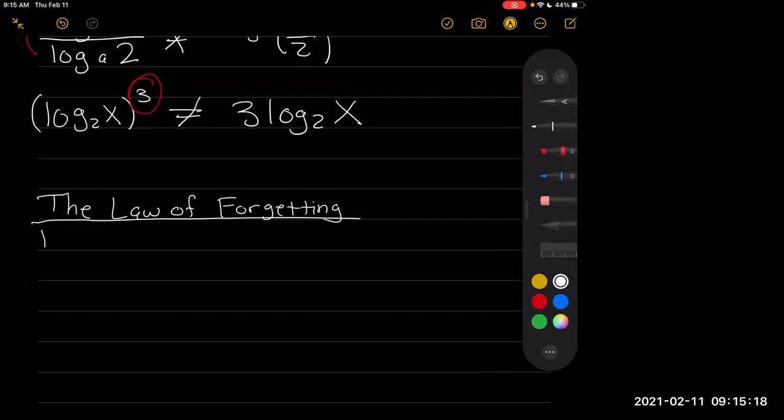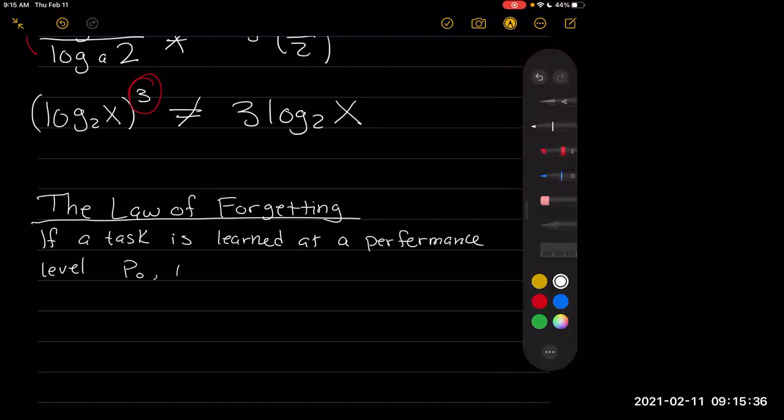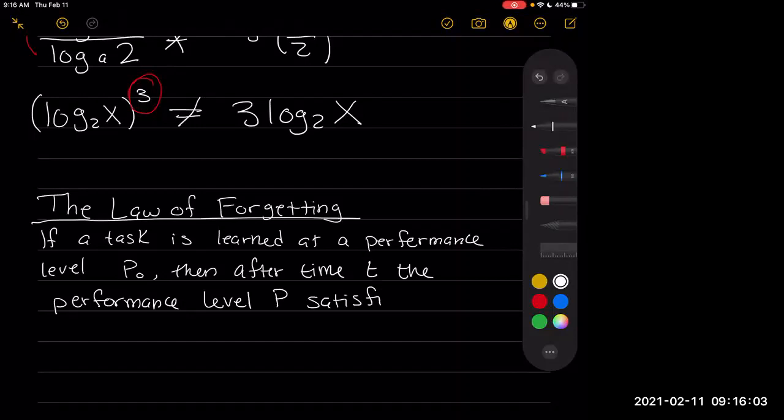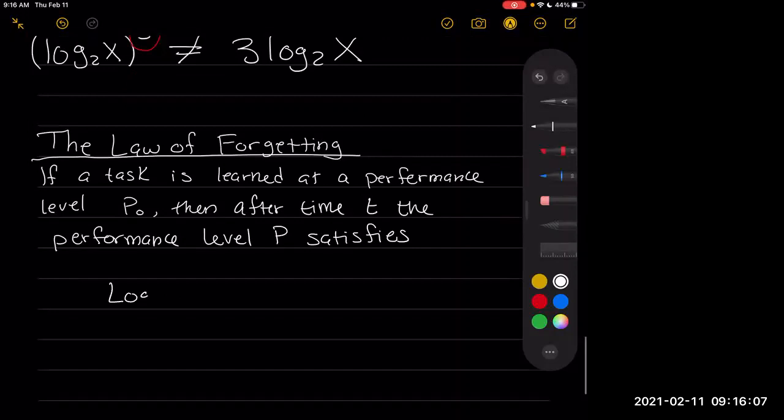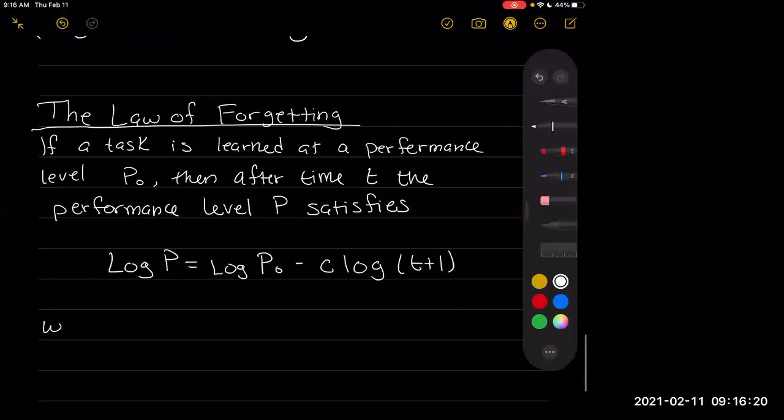So if a task is learned at a performance level P naught, then after time t, the performance level P satisfies log P equals log P naught minus C log of t plus 1. And this is where C is a constant